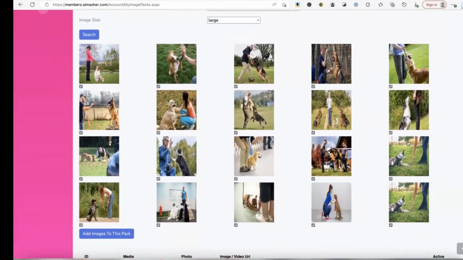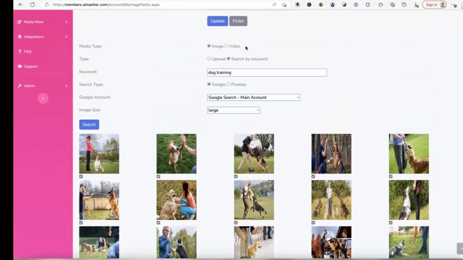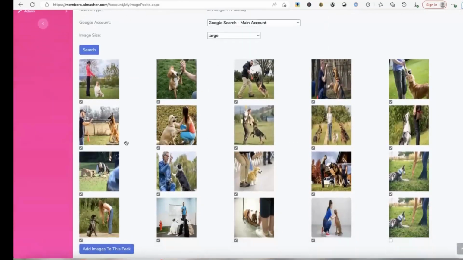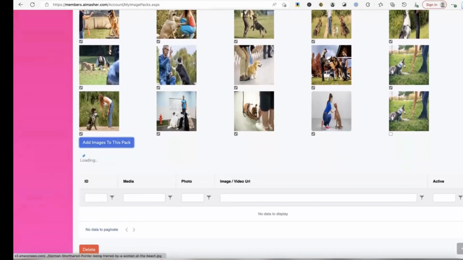And they all look very good, but that one looks the same, so I'll untick that. Have a quick look to see if there's any mistakes. And they all look great. But because we've selected a keyword group, when I click add images to this pack, it will download each one